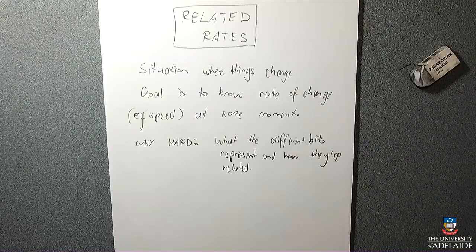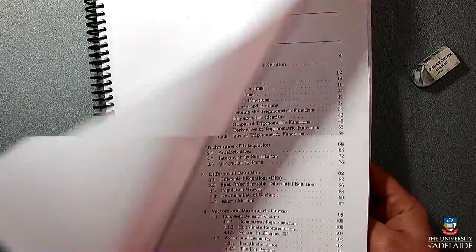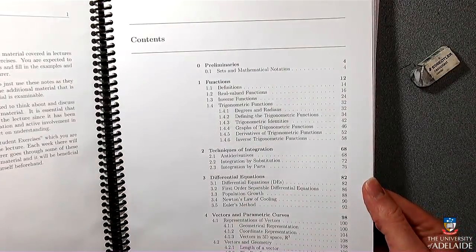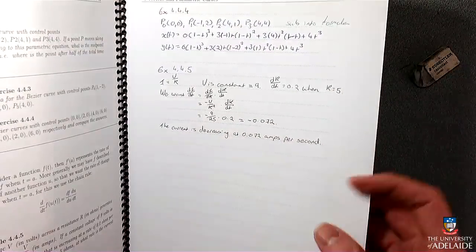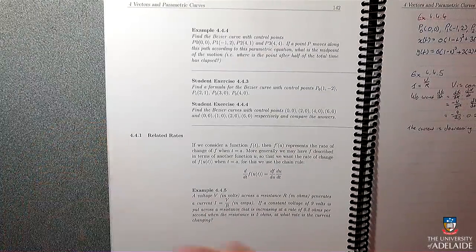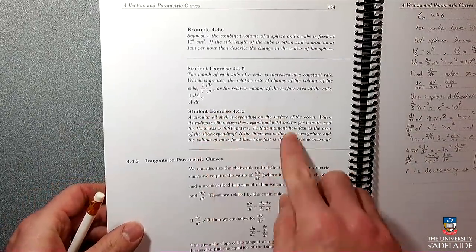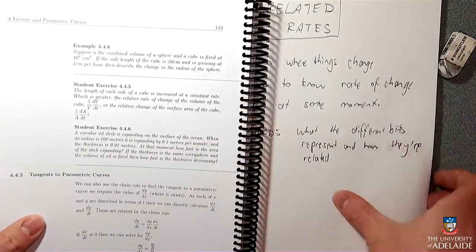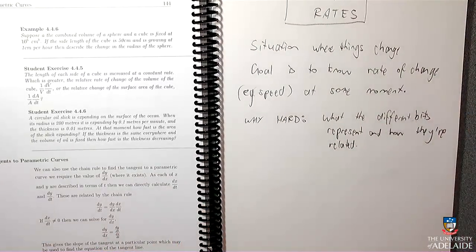Okay, so these are the outline notes for Maths 1M. If I was doing this properly, I should do a proper reference and tell you who the author is, but it doesn't say, so we're assuming they're written by someone in the School of Math. So this one here, the oil slick. All right, let's do that one. And if I'm very clever, I can have both my writing and that on the screen at the same time. Okay, do you mind if I draw on this?